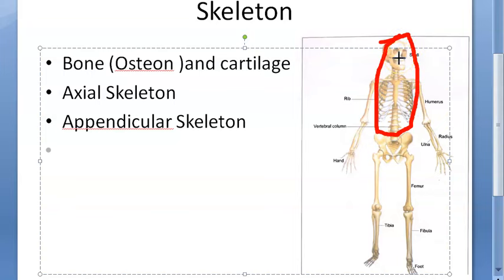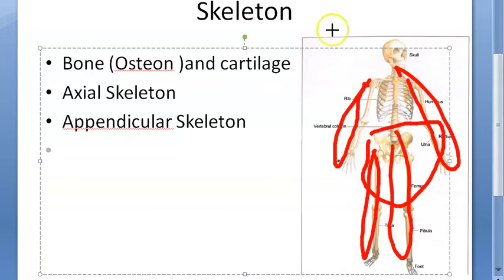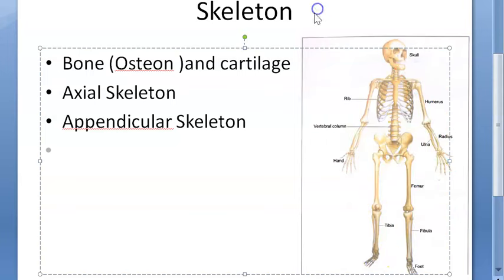So the skull bones, the facial bones, the hyoid bone in your neck, then the ear ossicles, that is the malleus, incus, stapes, the vertebral column, your thorax, your sternum, ribs, all this becomes your axial skeleton. I would have thought that even this is included, but no. The pelvic, hip bones and all these are appendicular. So your upper limb, lower limb, hip, everything will become your appendicular. Only till here, with the sacrum and all this, will be your axial.